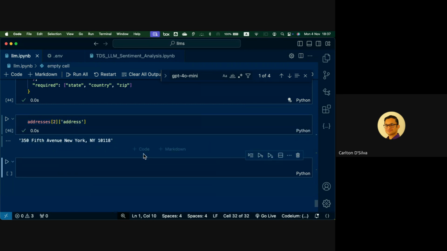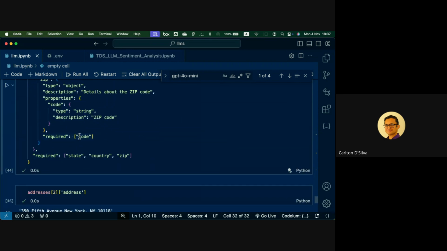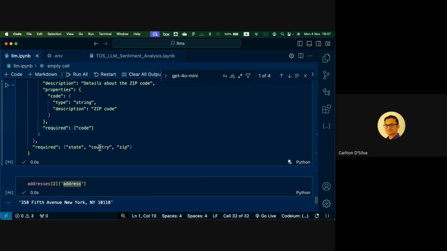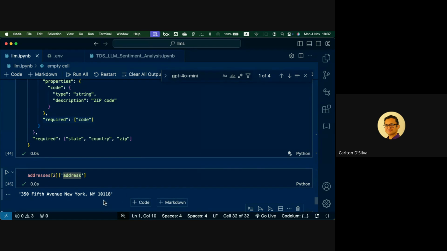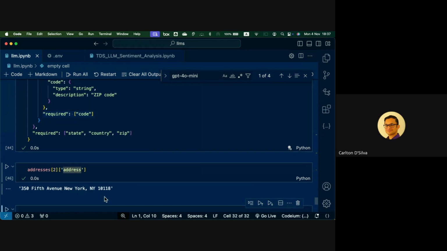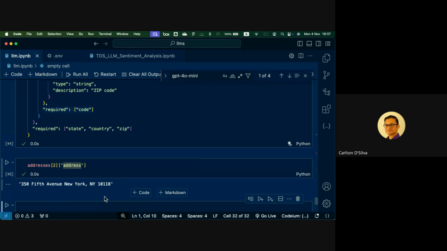So what we really need is, we need the LLM to parse this for us into this schema. The schema is state. We want it to extract the state, the country and the zip. And if you look carefully, there is no country, there is a zip. And so this is the beauty of LLMs, right?